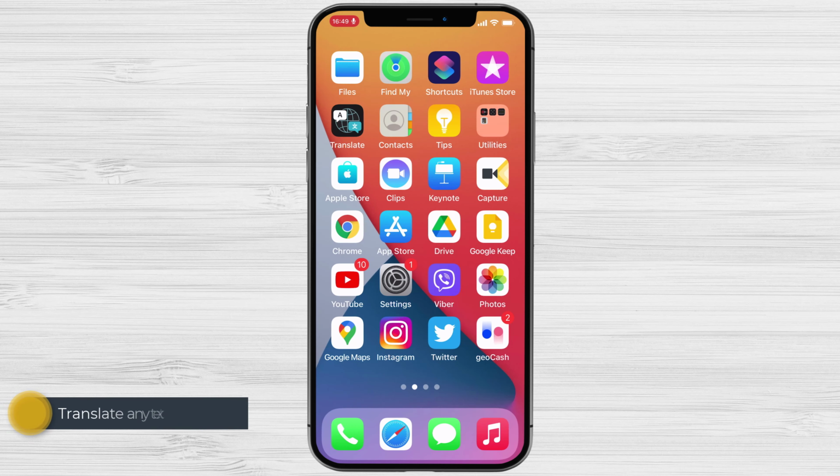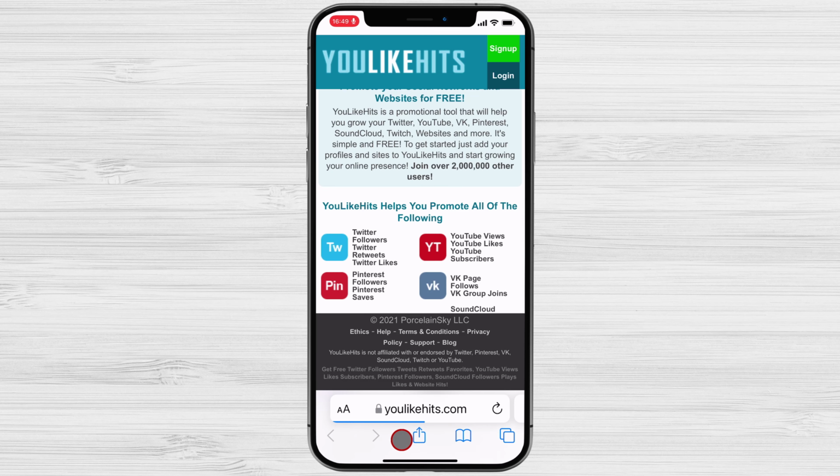How to translate any text in iOS 15. One of the great new features of iOS 14 was the ability to translate text more easily and efficiently using the Apple Translate app. Apple has enhanced the translation game on iOS 15 by adding the ability to translate any text on the system by simply selecting the text. This example uses Safari, but you can translate it wherever you can select text on iOS. Press and hold the text block to bring up the text selection window, then drag the start and end points as you would for copy and paste.